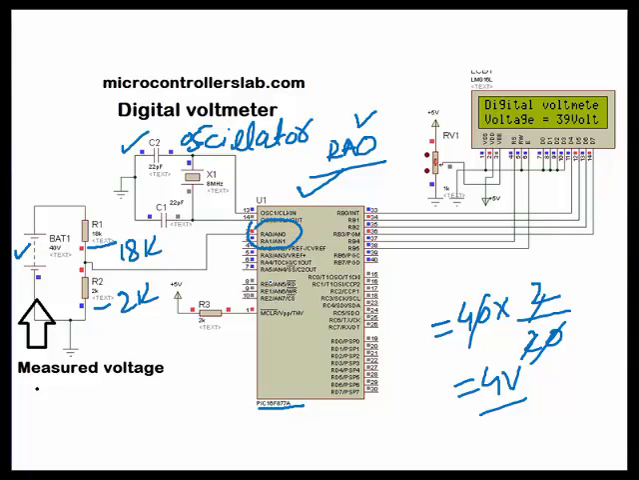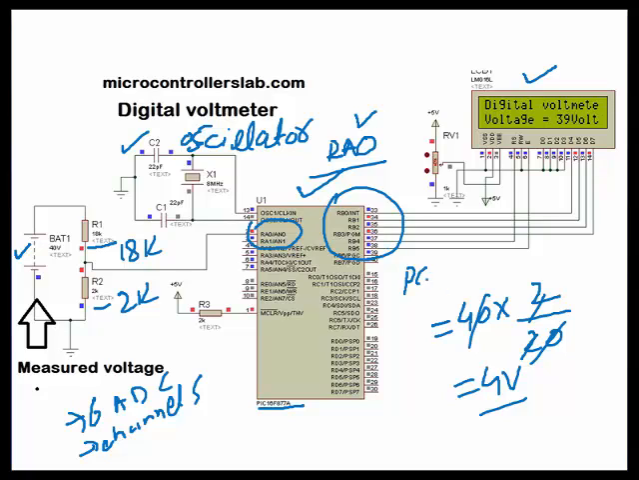The PIC16F877 microcontroller has 6 ADC channels. This means we can connect 6 physical or analog devices with this microcontroller. Here we are using an LCD to display this voltage, and the LCD is connected with port B of the microcontroller. So this is the circuit diagram of a digital DC voltmeter using the voltage